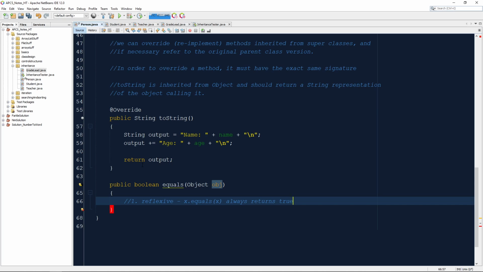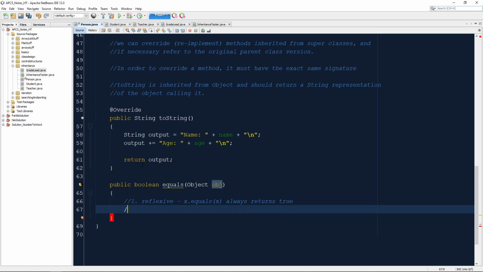If your method somehow manages to return true one time when you compare an object against itself with its own method, and then false another time, then that's a huge problem. So that's not consistent at all. So it's like the identity property. I am myself. x equals x is equal to itself at all times. That's always true. Our second property is the